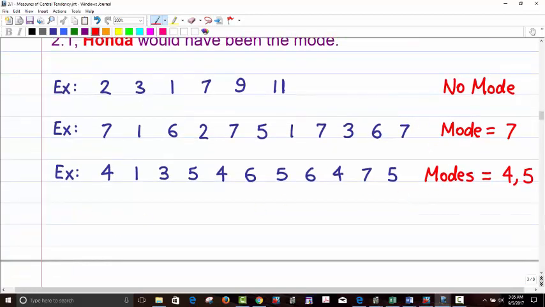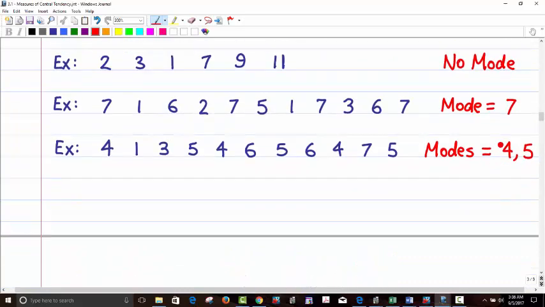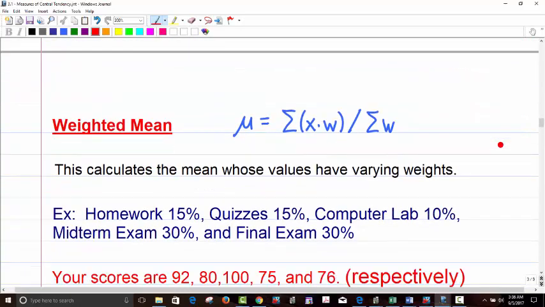Down here, now you can have ties though. Here we have 3 4s, 1, 2, 3, and we have 3 5s, 1, 2, 3. 2 modes, they tie, 4 and 5. So we would include those because they do tie there. Now we're going to start looking at